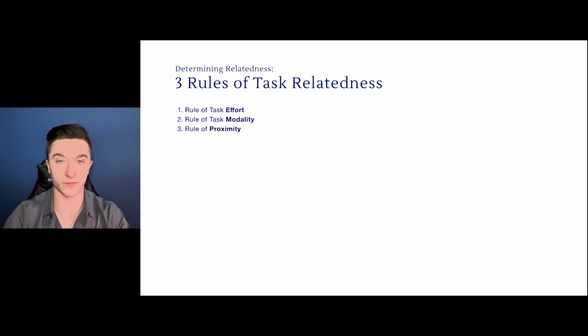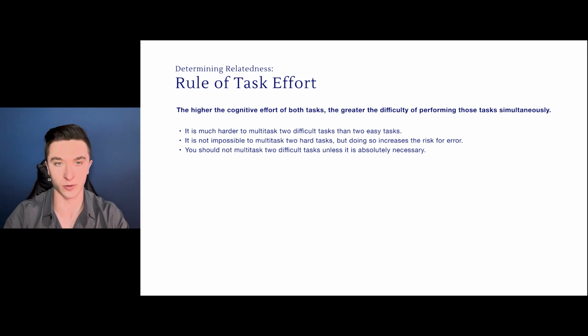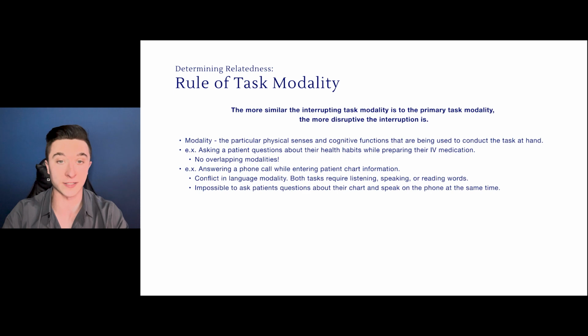So the rule of task effort indicates that the higher the mental effort of both tasks, the greater the difficulty in performing both simultaneously. Essentially, it is much harder to multitask two difficult tasks than two easy tasks. The rule of task modality states that the more similar the interrupting task modality is to the primary task modality, the more disruptive it is. By modality, I'm referring to which of the 5 senses and cognitive functions